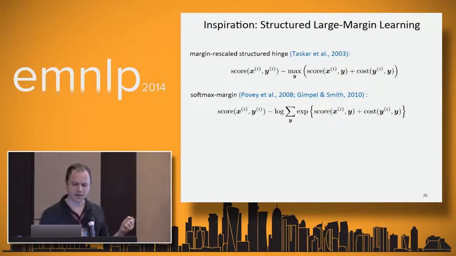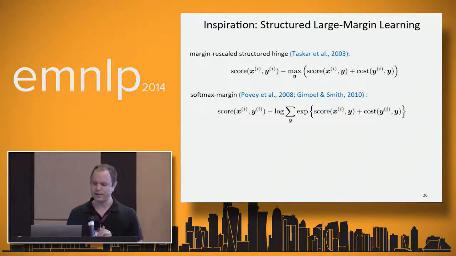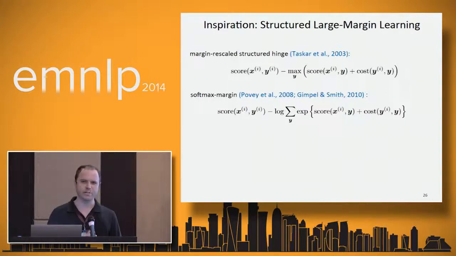Below I've shown the softmax version where we replace max with log sum exp, because this version is closer to our formulation for CE. But the idea is the same: the cost function here will boost the effective score of the output y. So during learning, the learning algorithm will pay extra attention to those y's that have high cost, and it'll push down their feature weights more than the others.